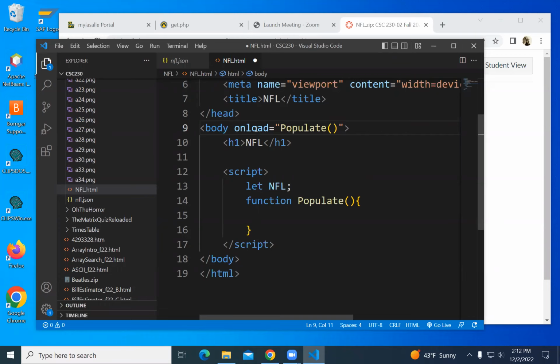And then we're going to discover the conferences, discover the divisions, and put them in our own little drop downs. And then when we choose a division and a conference, then we will display a drop down, not of all the teams, but the teams in that conference division combination. So that'll be fun.